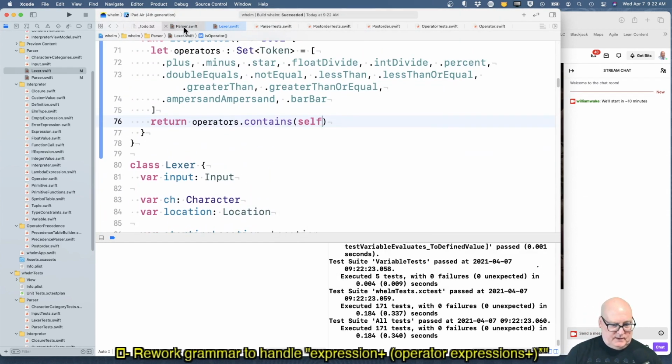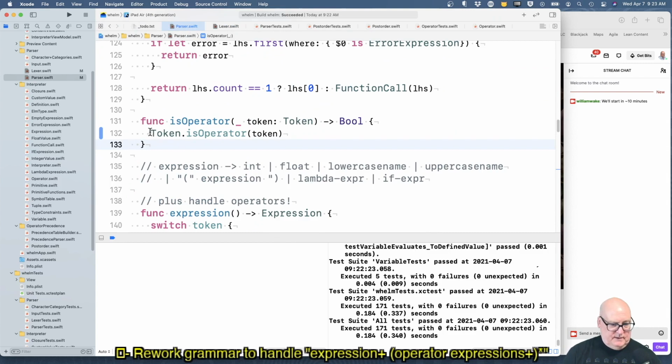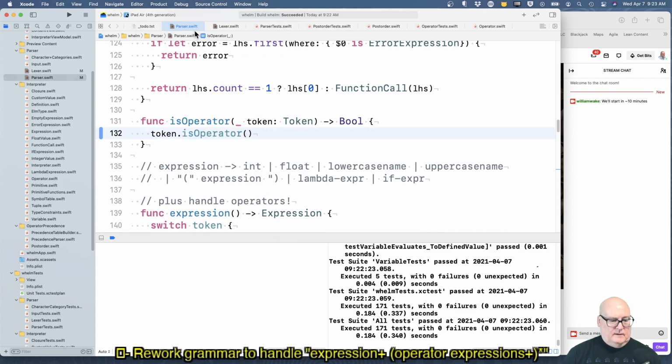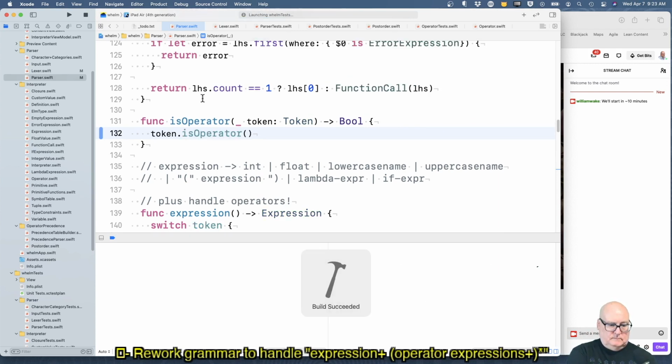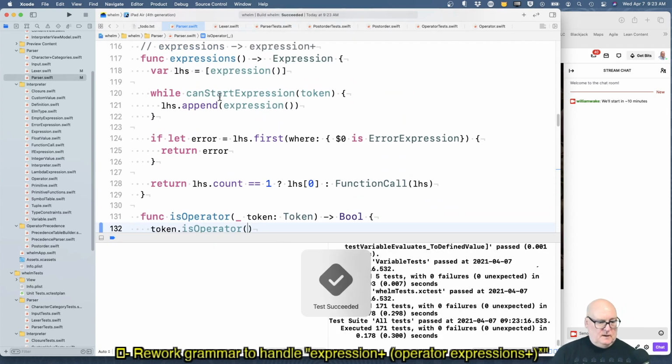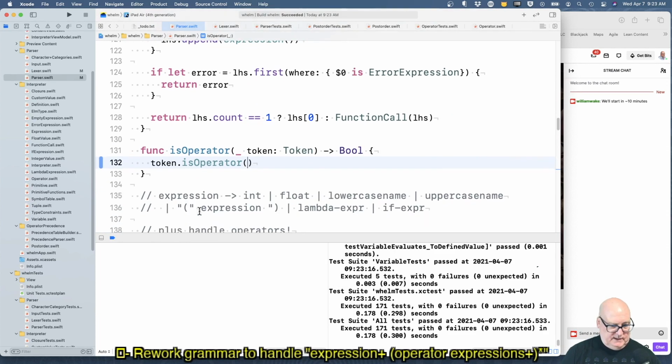Okay, and then we'll call it here. token.isOperator, and run. Cool.